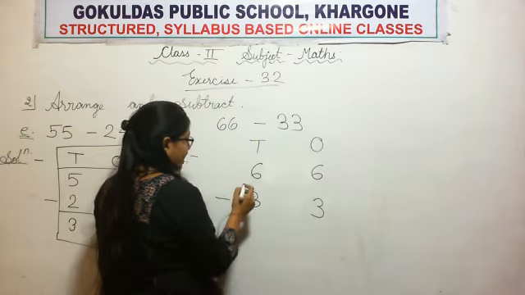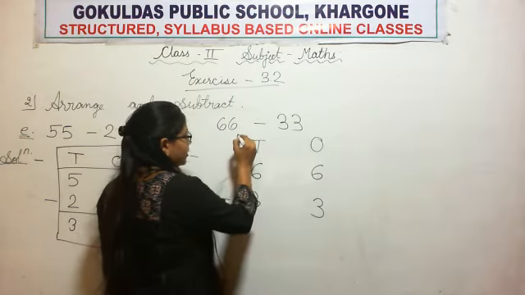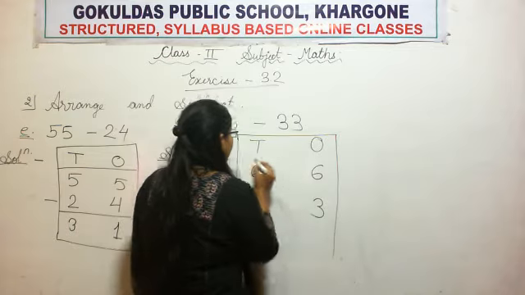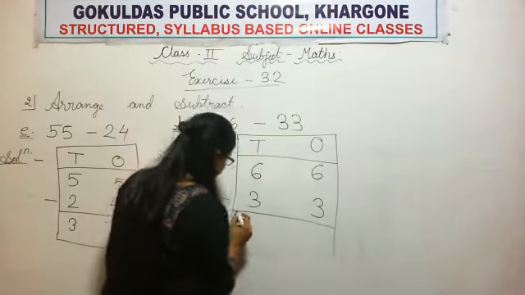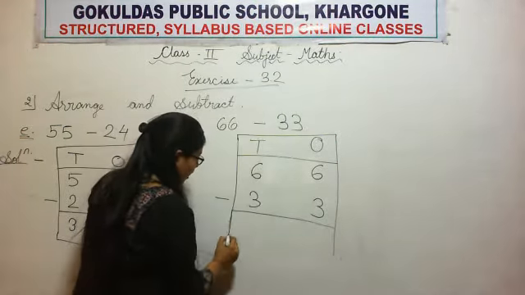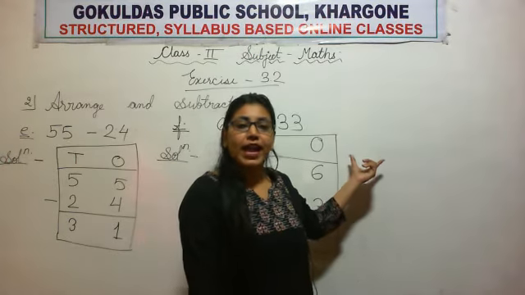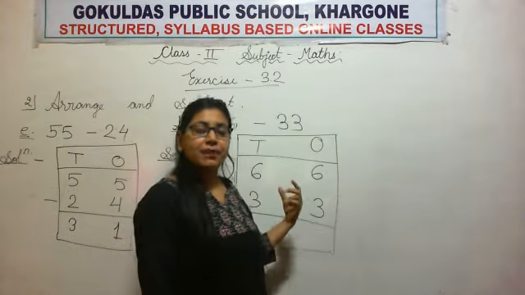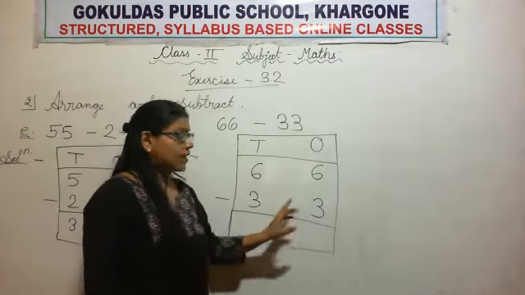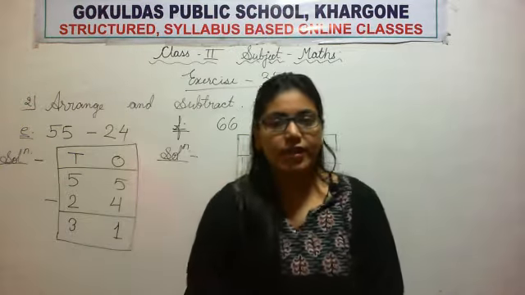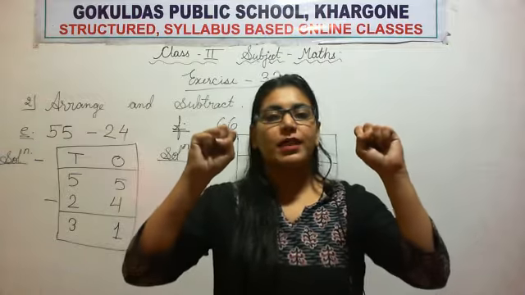We'll put the minus sign as we are doing subtraction. Then we'll make the table. All of you do it with a scale or ruler. Don't do it freehand. Okay. Now we'll start from the ones place, subtracting ones from ones. Then we'll subtract tens from tens. So 6 minus 3. So first of all we'll open 6 fingers.